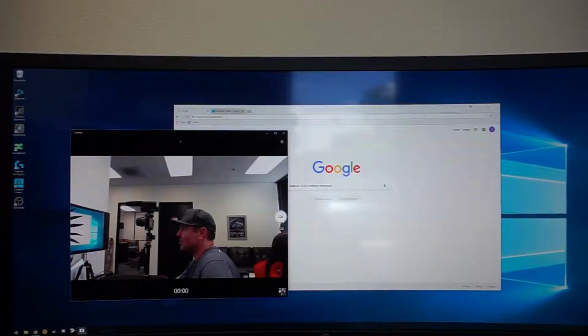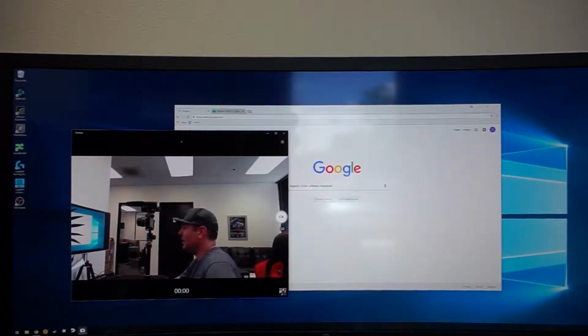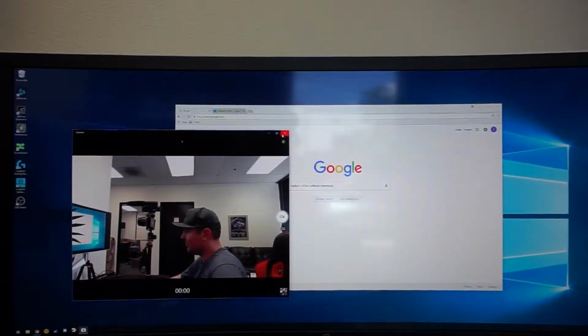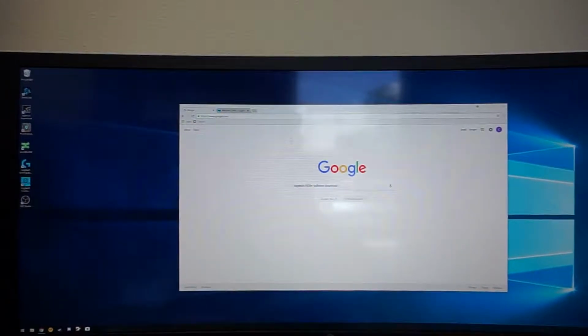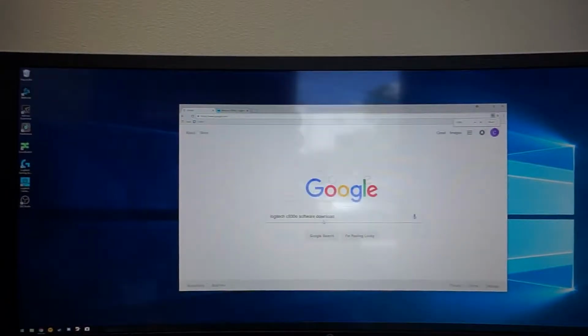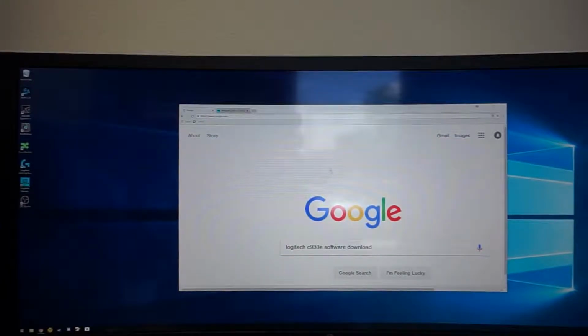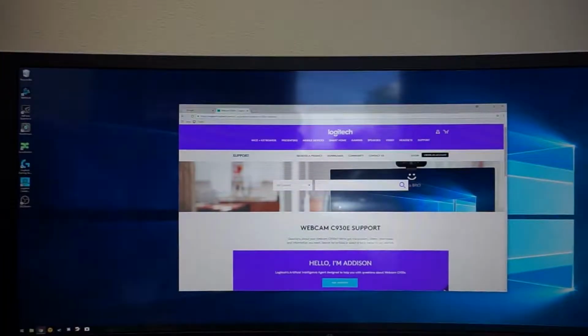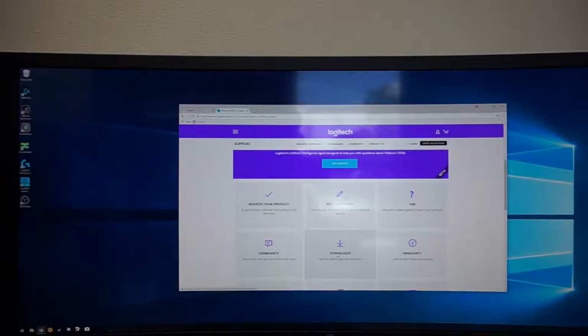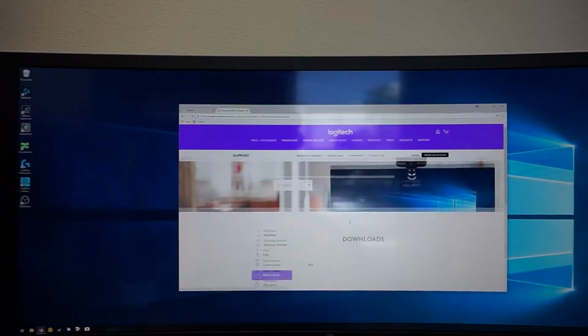we have a bunch of options of things that we can do with the camera as well, but not using the camera software. We would need to go into Logitech's own software. So let's close the camera app here, and you can see here I've got a Google page opened up, and I've just simply typed in Logitech C930e software download, which will bring you to Logitech's website, which looks just like this. You're going to want to scroll down, click the downloads button, and then down here we've got a